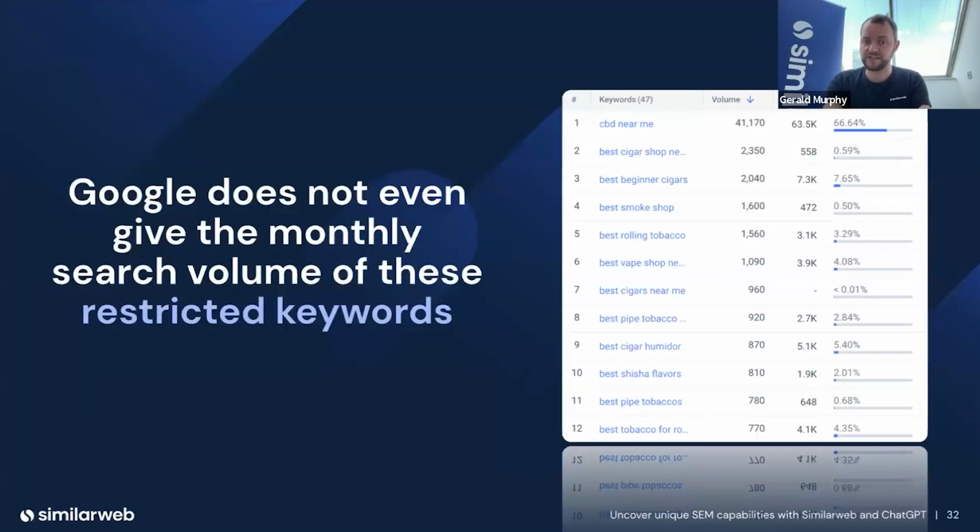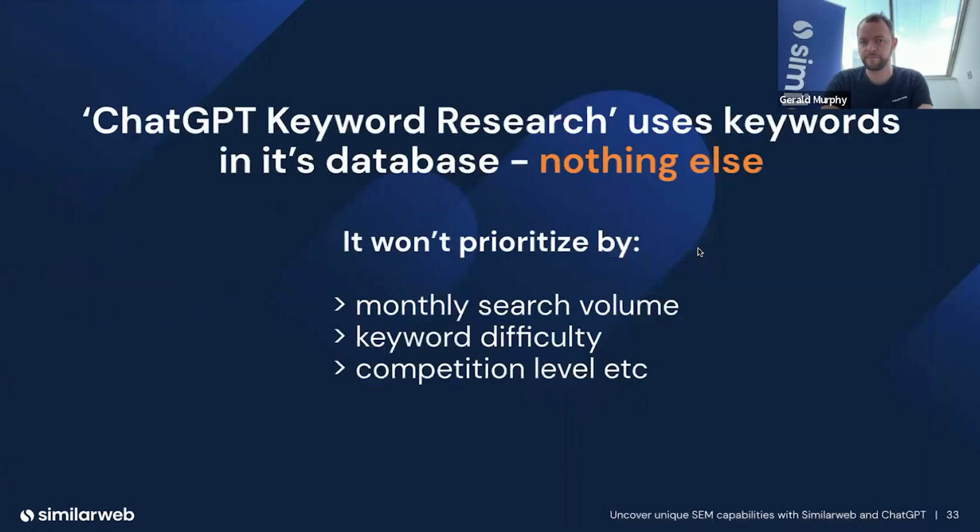Now, like Google, as mentioned, ChatGPT also has restricted or prohibited keywords. As you're going to see at the very end of this webinar, Similarweb is in a fantastic position because we actually provide search volume of keywords that Google and ChatGPT and the other engines don't provide any information on. And it's purely on the basis of how we collect our data. One of them, for example, is around cigarettes, which we have a substantial amount of search volume on.